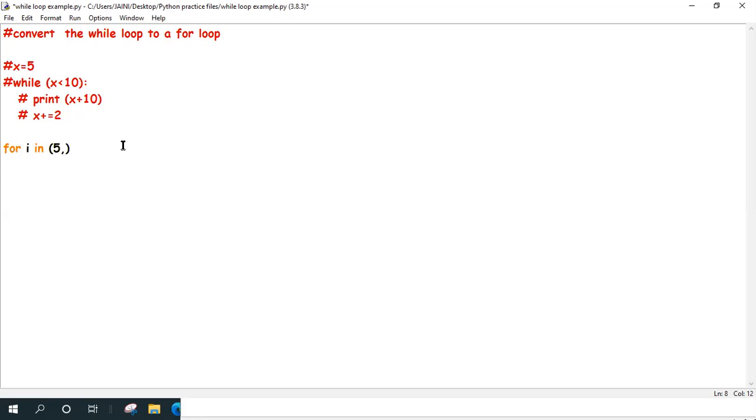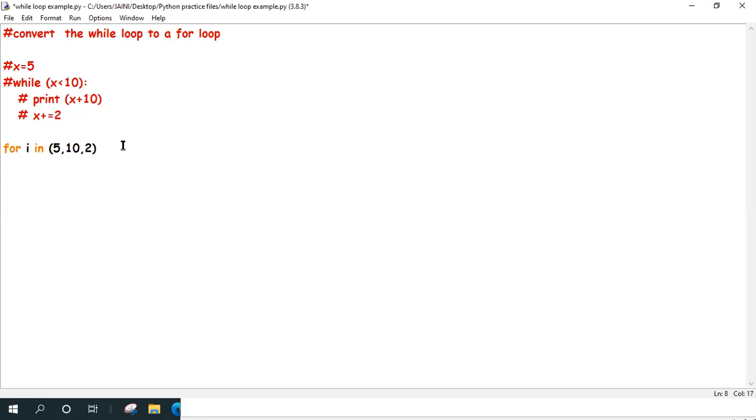Then you're going to go up to 10 because we have written x is less than 10. If x equals 10, it has to not go inside the loop, it has to stop. So we'll write 10. Another thing I'm going to write is 2, because we want to increment it by 2. It should be 5 plus 2, then whatever plus 2 plus 2.